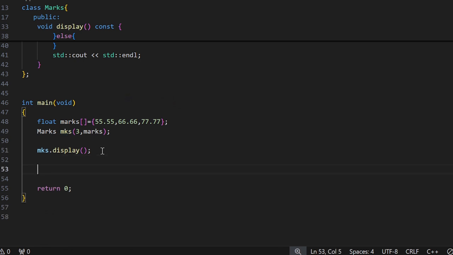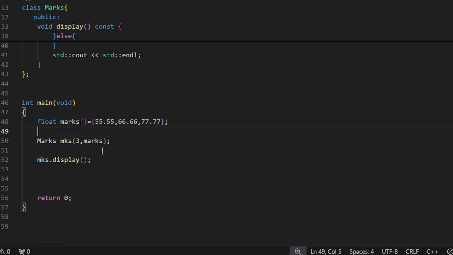For example, let me create another marks array. Call it marks2, and let me call the previous array marks1, and let me have 88.88 and 99.99. So I have 2 marks